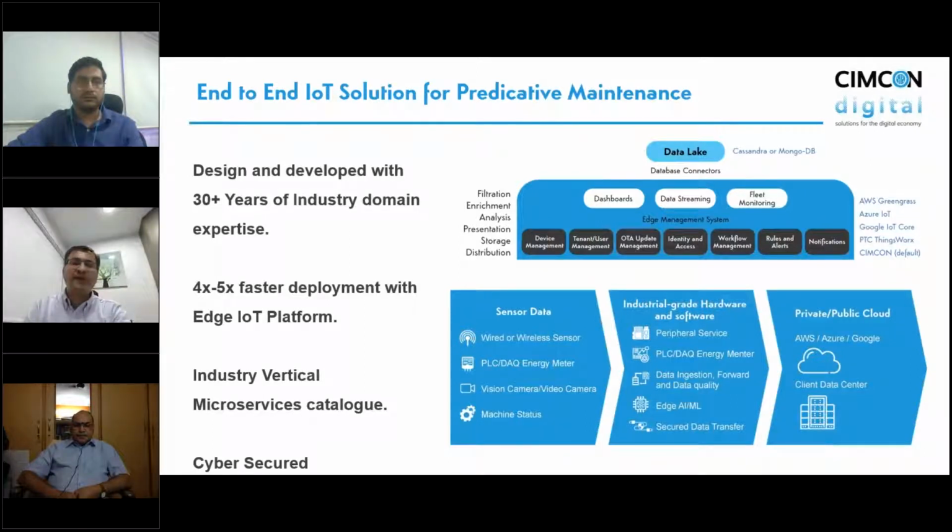So now the question comes: where is the need for an IoT platform for predictive maintenance? It's very critical to understand that predictive maintenance is a journey, and the right technology architecture plays a major role in making you successful. The life of a typical machine in industry is 20 to 25 years. So essentially, you have to connect legacy systems along with new vibration sensors or wireless sensors. You also need to connect data from automation controllers or energy meters. And then